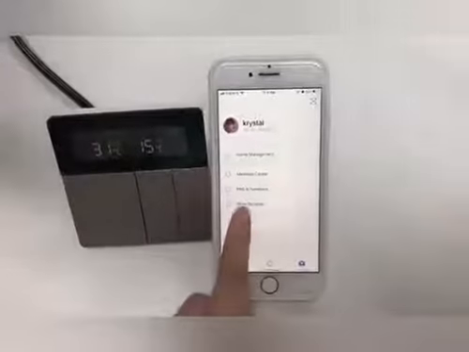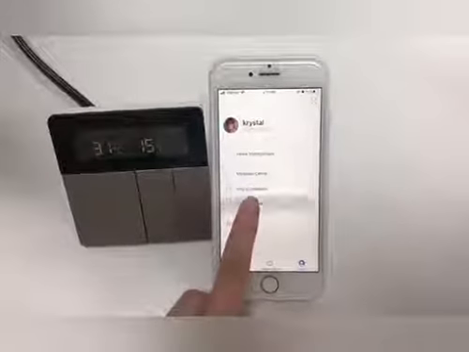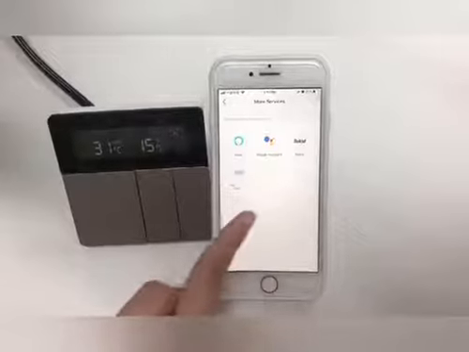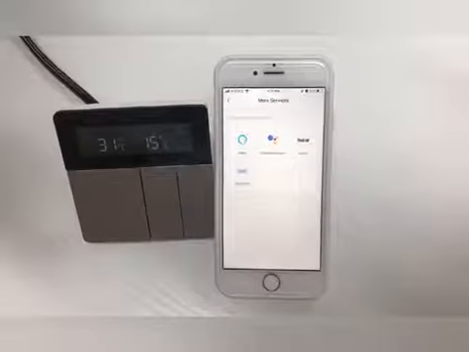Here is a mode service. Click here to link the voice assistance. Our thermostat can also